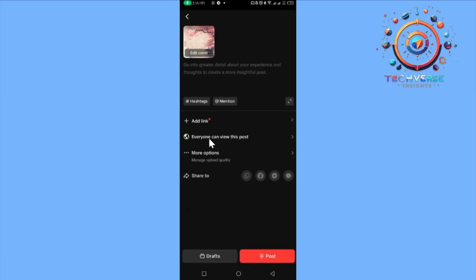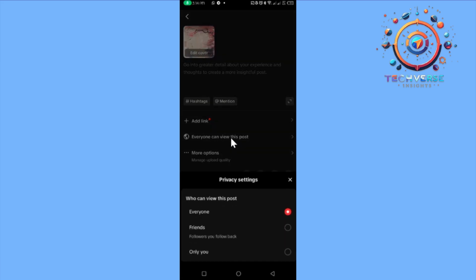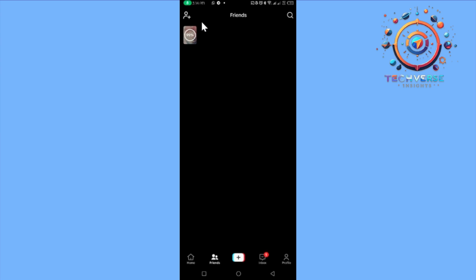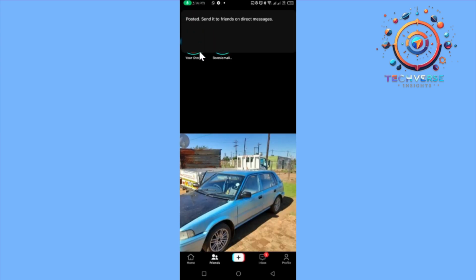And then you're going to tap on this option that is saying everyone can view this post, and you're going to put it on only you. And from there, you're going to tap on post, wait for it to upload, and then you are going to